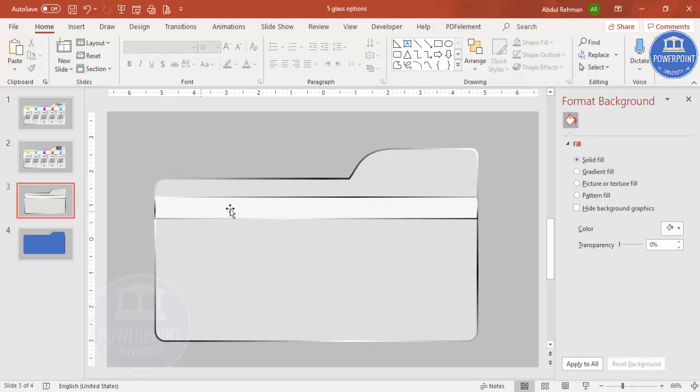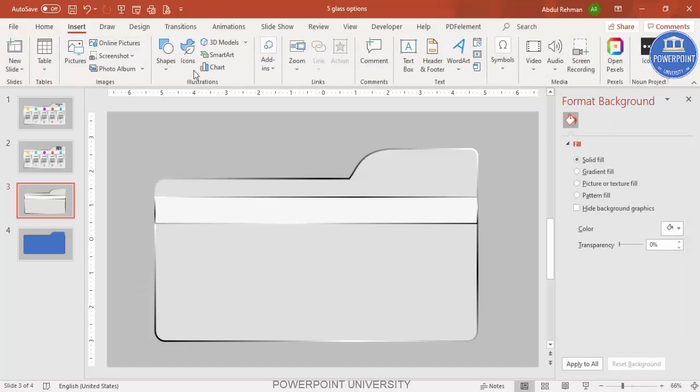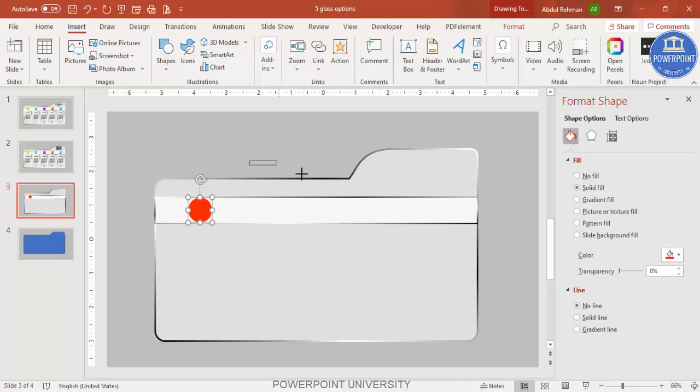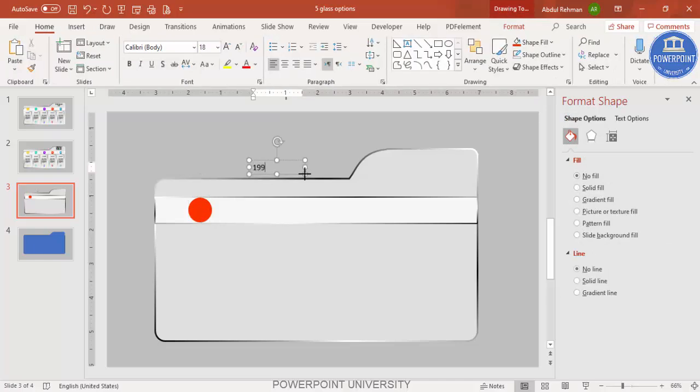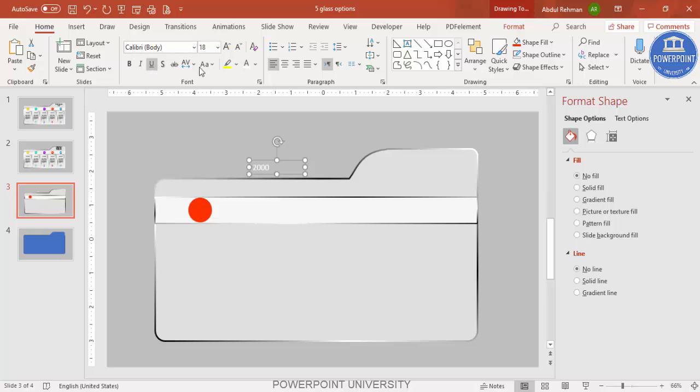Now on this I'm going to add the options. Let me just increase the width a little bit, and then go to insert shapes. I'm going to select the oval shape, draw the oval shape by holding the shift key so that you get a perfect circle. You can see here shape outline, you can make it no outline, and shape fill, you can give any color of your choice. And here if you want you can add the years or the icons or whatever. For example, I'm just going to add say 2000, make the font color white, and then I'm just going to reduce the size, center align.